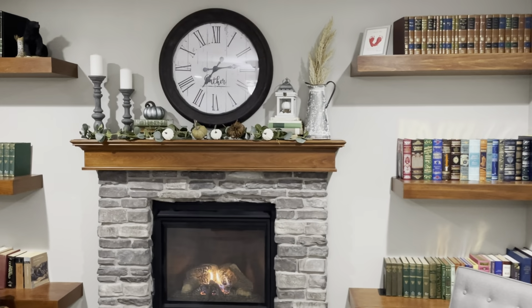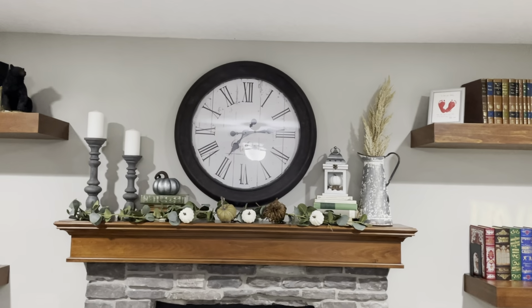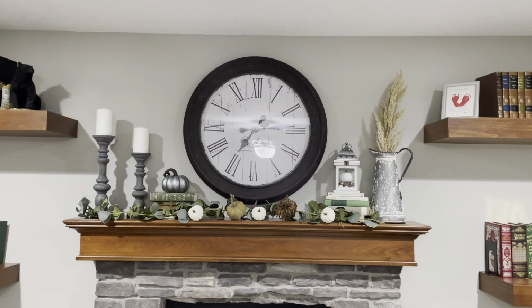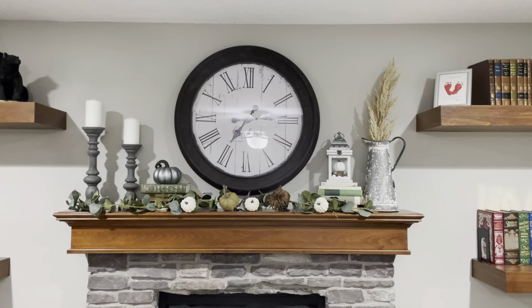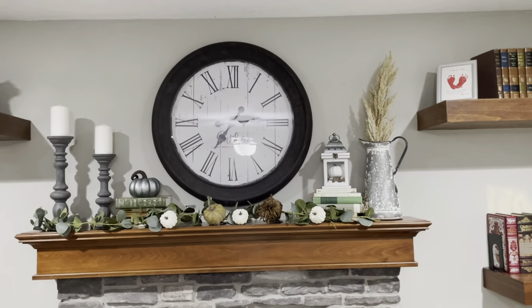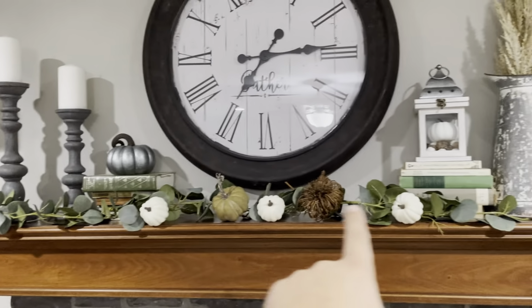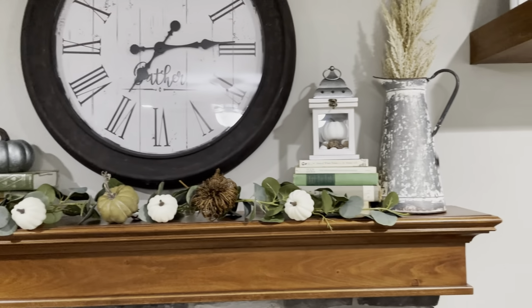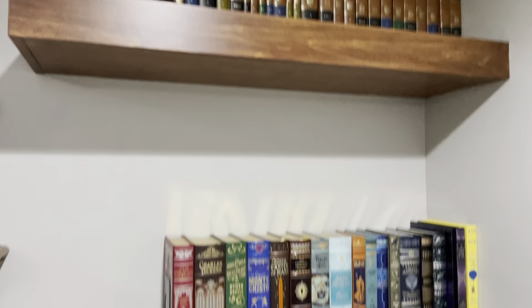When we first moved here, there was a big television that was right up there. I think it's kind of a neat symbolism now that we took the bracket out that was for the television and put a clock up there. I think there's a little bit of symbolism you could draw out of that. Obviously, I did none of that decorating right there. That's all my wife. But anyways, so yeah, they had some built-in shelves when we got the place, so I